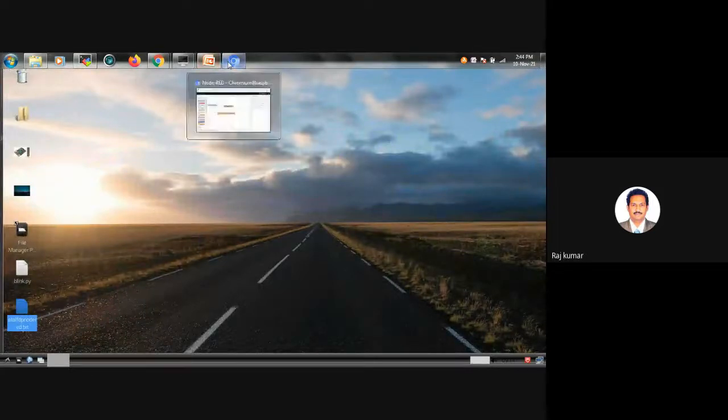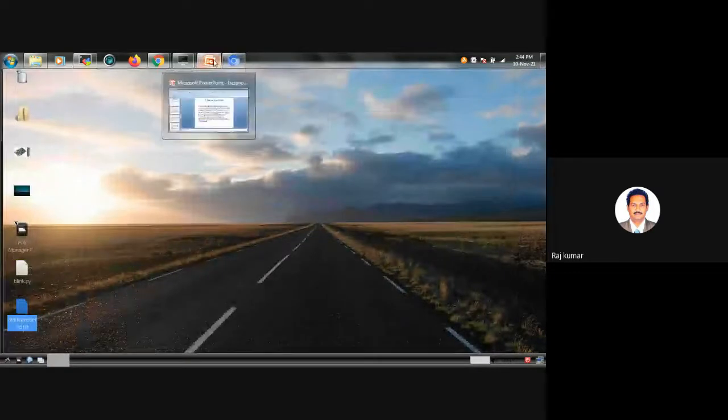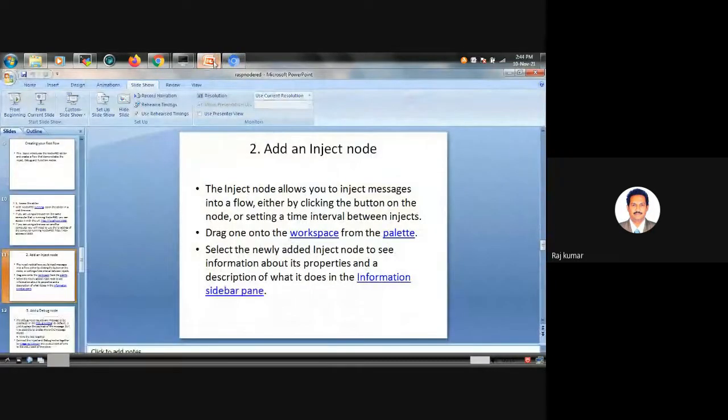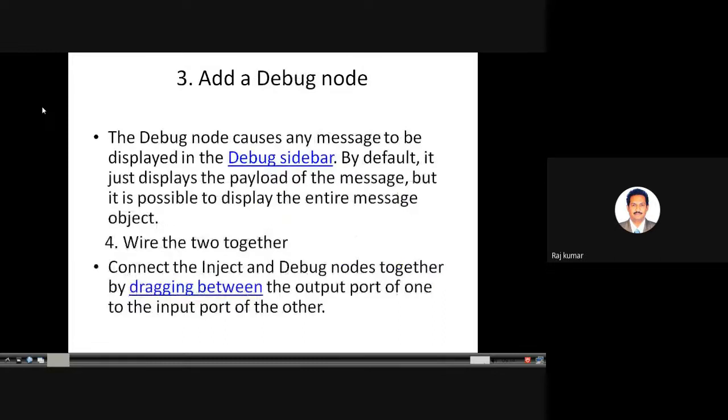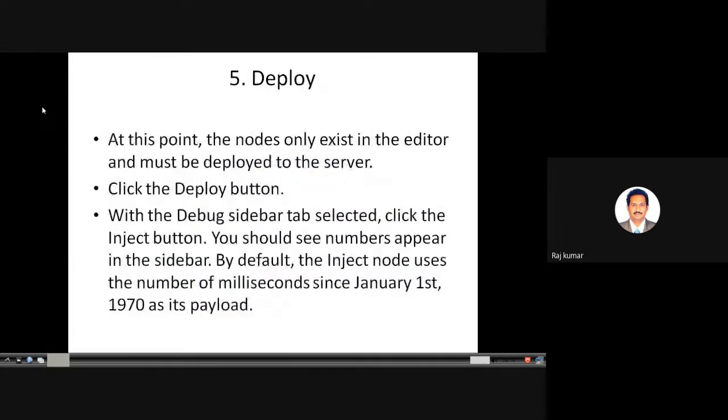Now coming back, here we have used inject node, debug node, and file node. I will show you that file node. And we have used this debug node also.